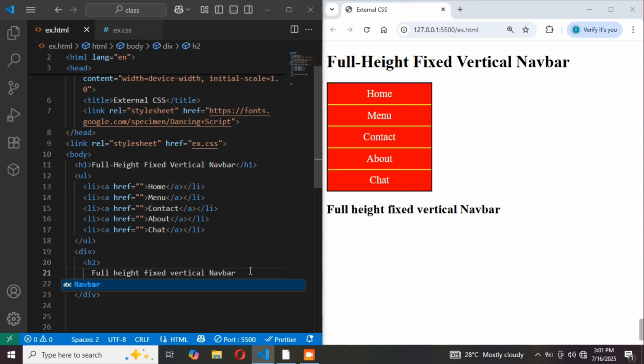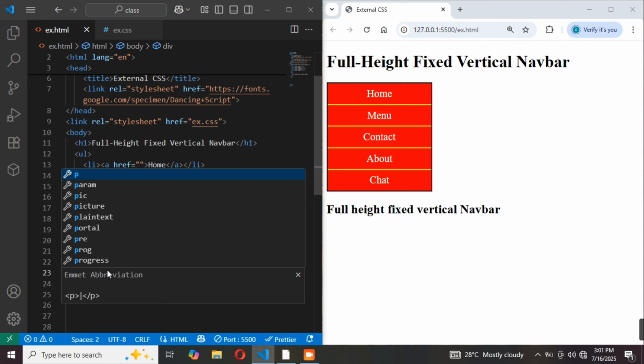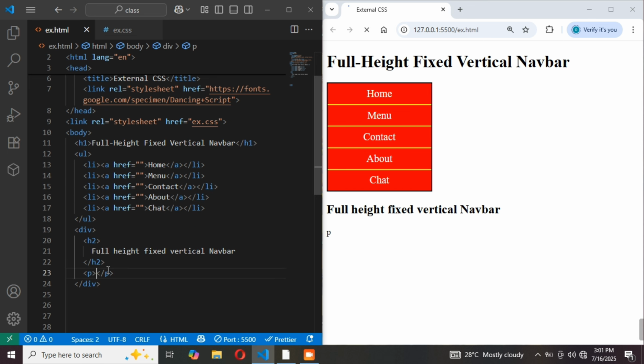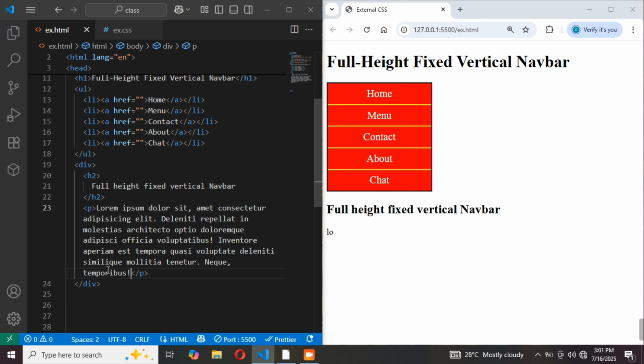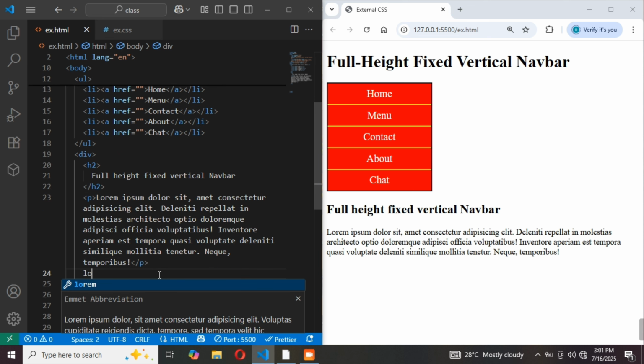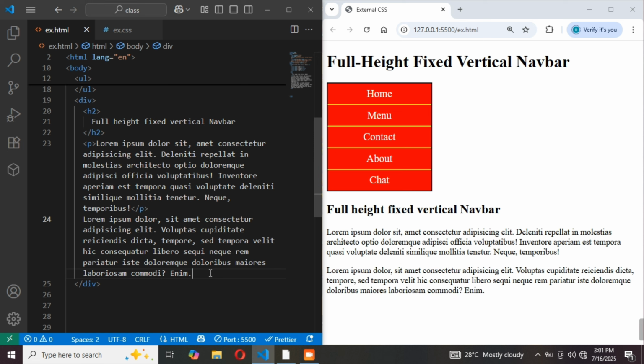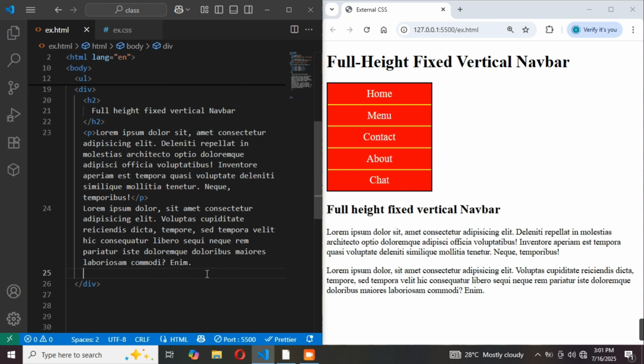So now aside from that, let me just add some little stuff. Let me make it my p tag. Then let me add a little bit of lorem. I think it's okay. So now let's go to our